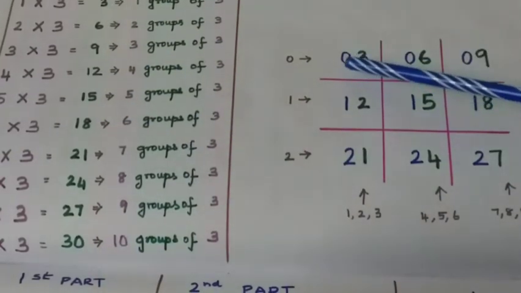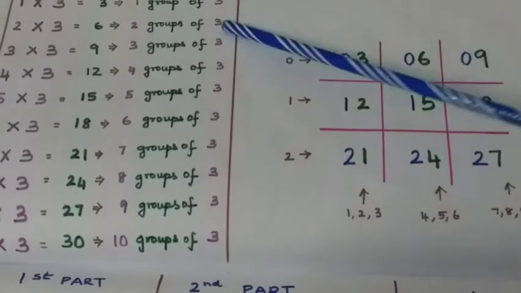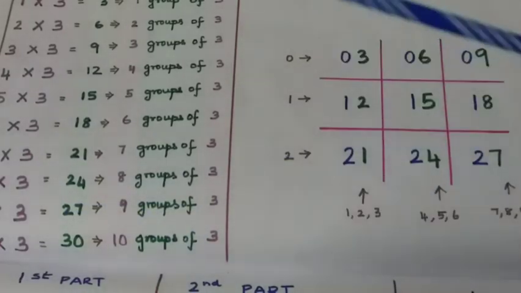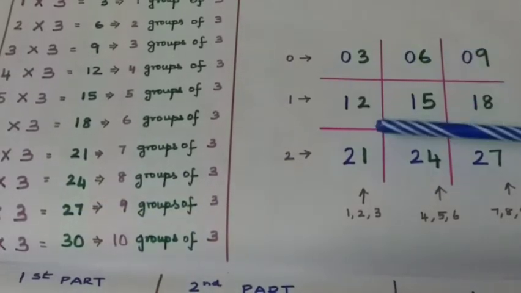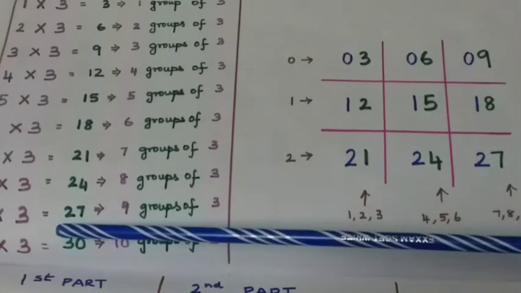So when you read it, it is 3, 6, 9, 12, 15, 18, 21, 24 and 27, which is going to be the first 9 rows of Table 3. So like I've told earlier, this is not going to help your kid memorize Table 3. Instead, they can only write the table sequentially.